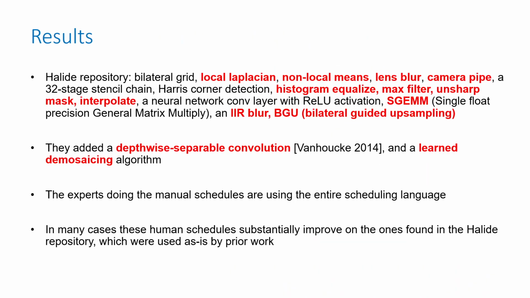Now we'll go to the results of this autoscheduler. Here is the benchmark that they used. Most of the pipelines used are for image processing. There's some deep learning that is also used for image processing and computer vision. So yeah, that's the main focus of Halide in general. It is good for image processing and computer vision. They also have an IIR blur, this signal processing,